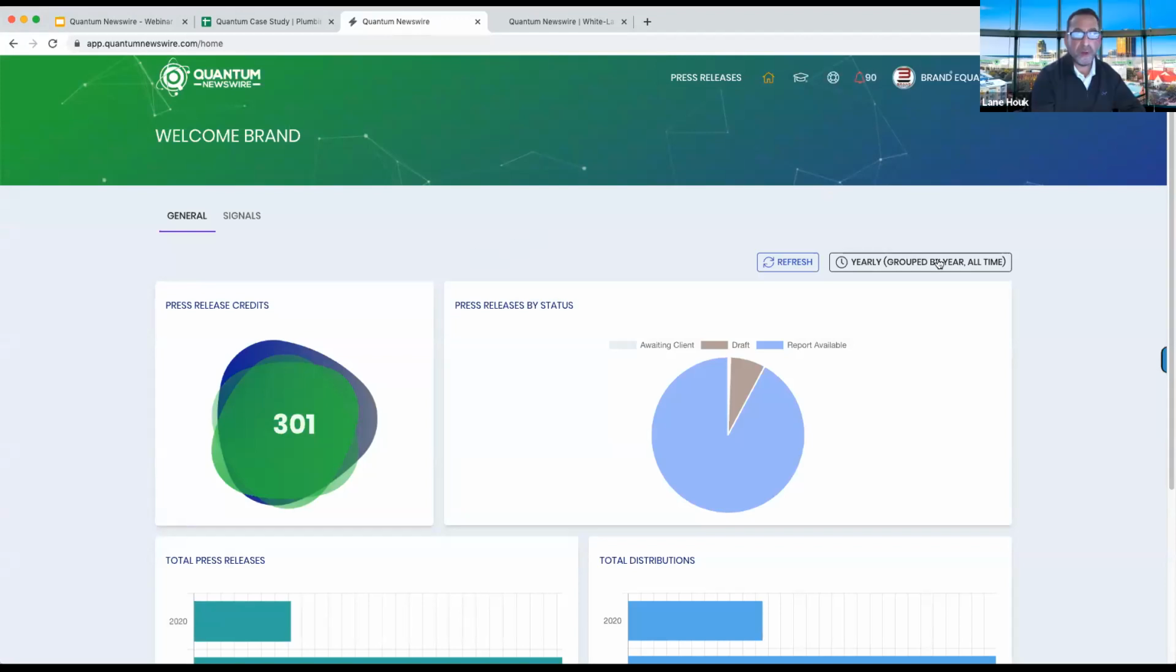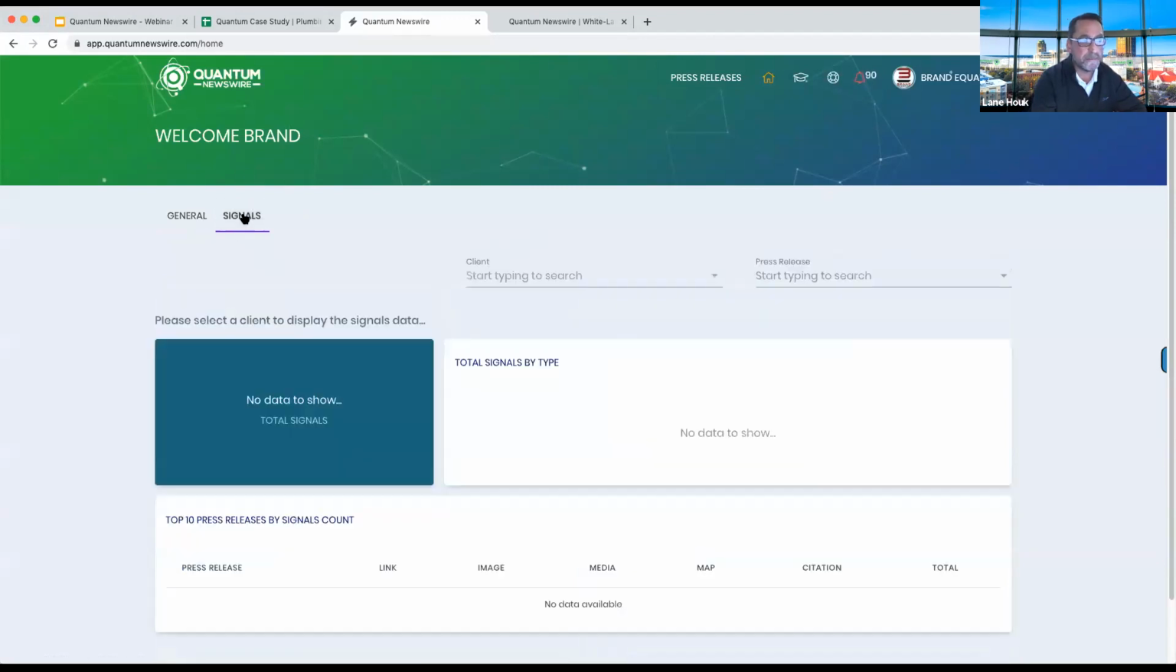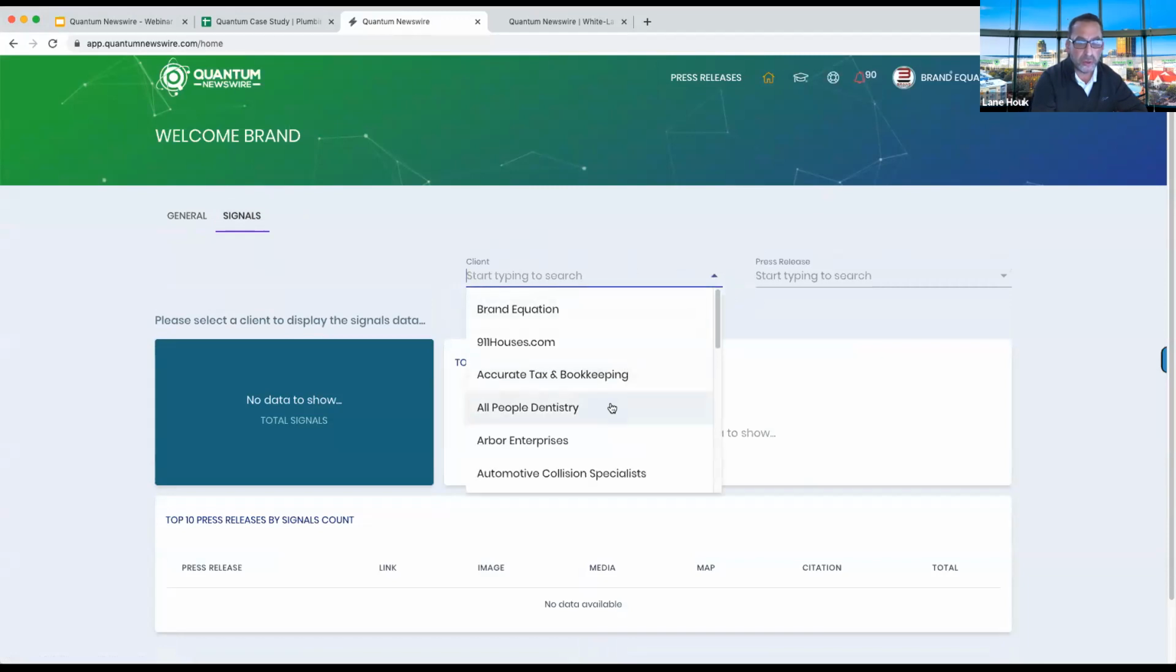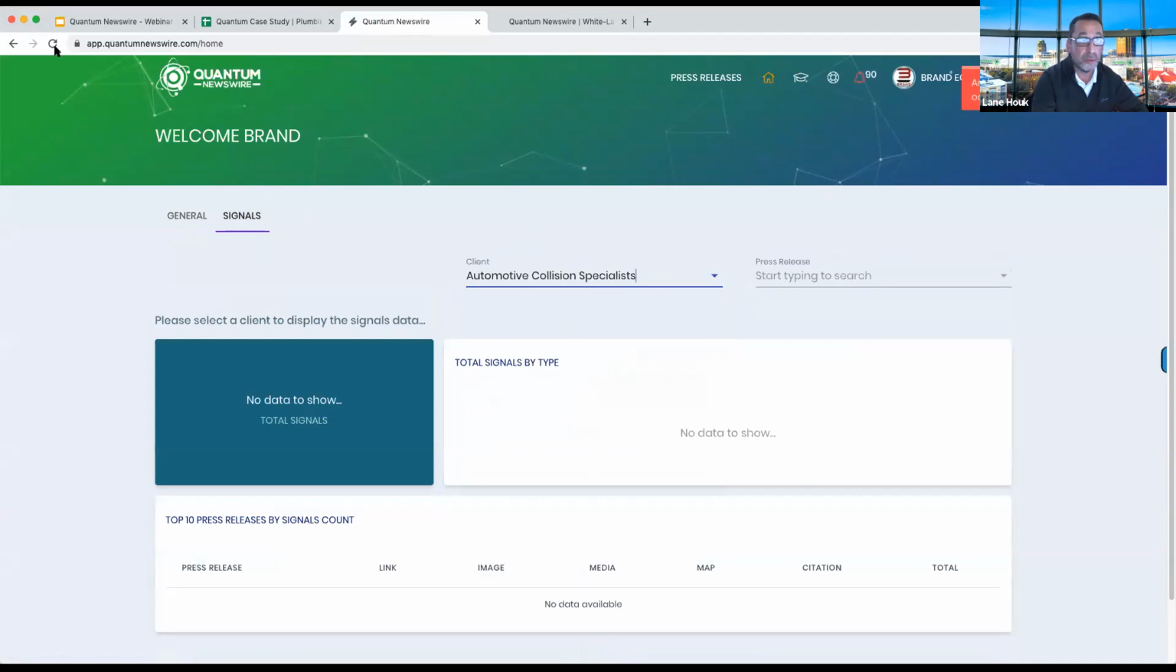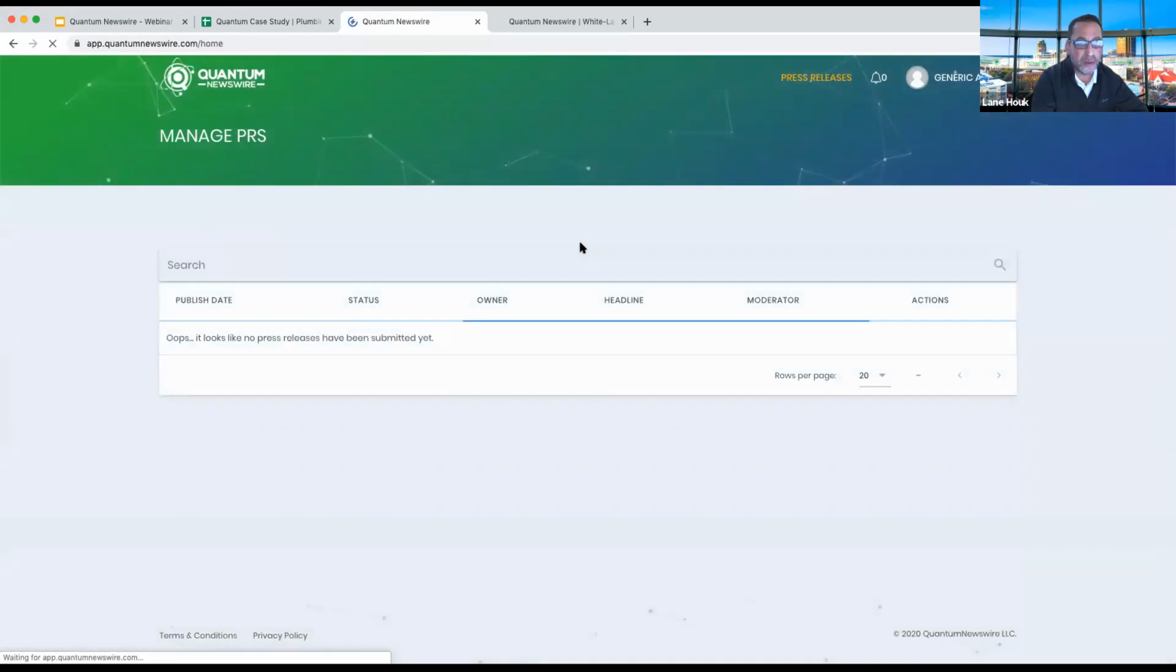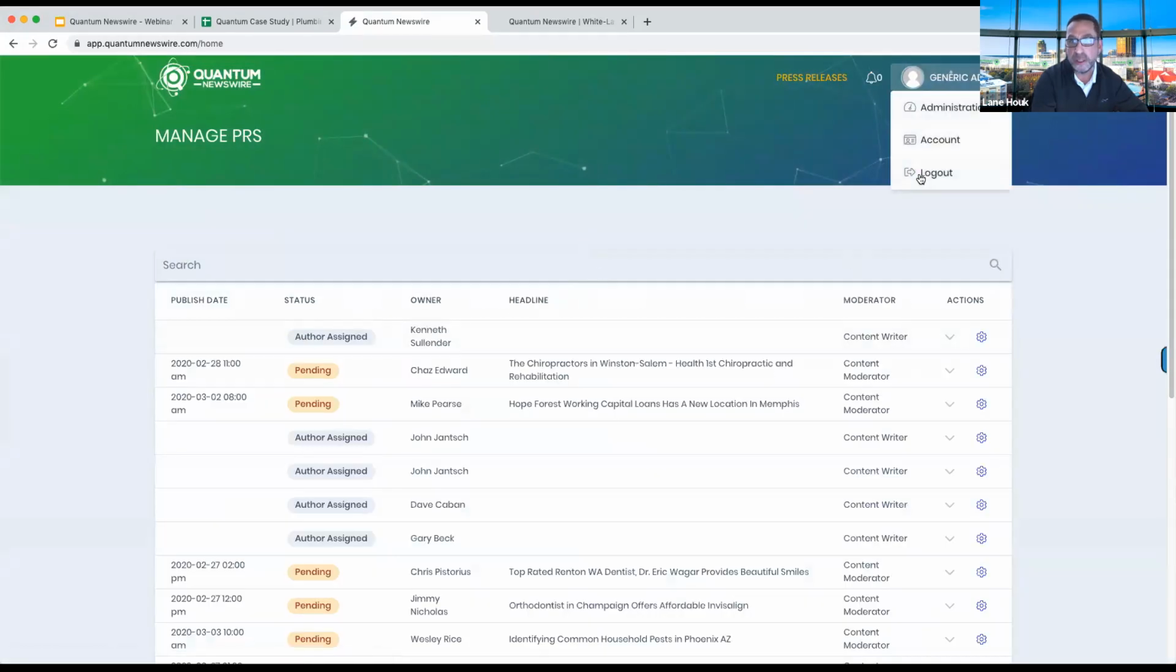All right. So this is the live agency account, and for those of you who are already Quantum Newswire customers, when you log into your account today, now you'll see on your main dashboard this tab called Signals. The first thing you do is choose an entity here. So we'll just choose this one. Oh, let me refresh. You'll choose an entity, and then you can actually dive into an actual